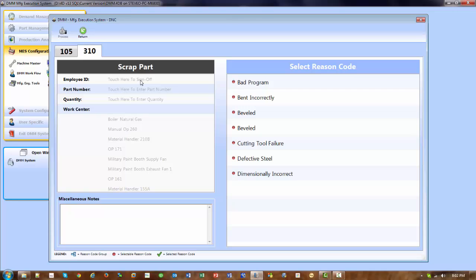We need to provide an employee ID, we need to provide a part number, the quantity that are being recorded as scrapped, and which work center we are going to report the scrap back against. Additionally, a reason code will also be required. So we can simply check a reason code. We can enter a valid employee number, a part number,